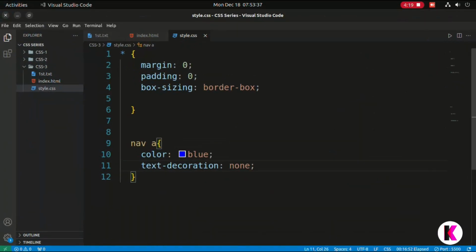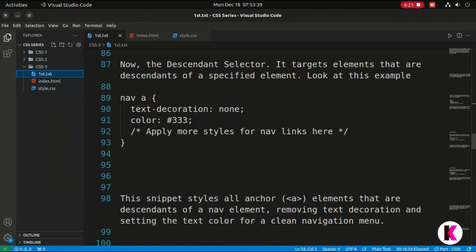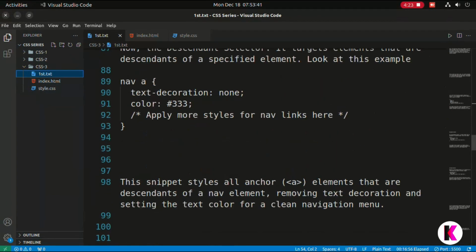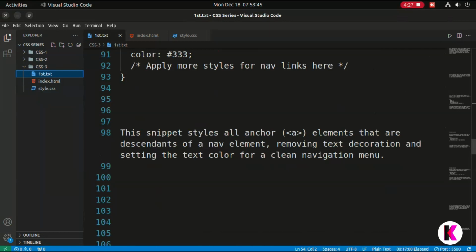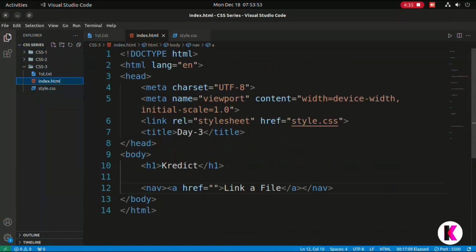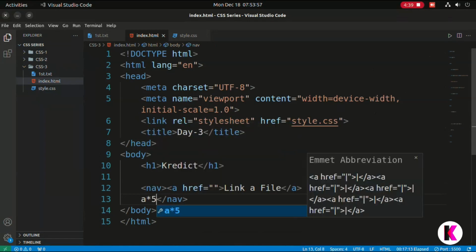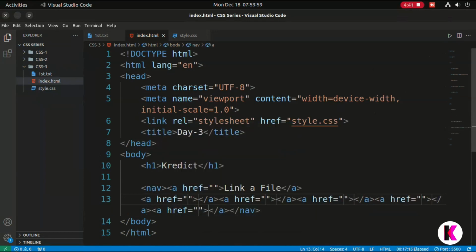Then text-decoration none and color secret. This snippet styles all anchor elements that are descendants of a nav element. So in the nav element, if I use more anchor tags, then it will cover all the anchor tags also. I hope you are getting what I am saying.